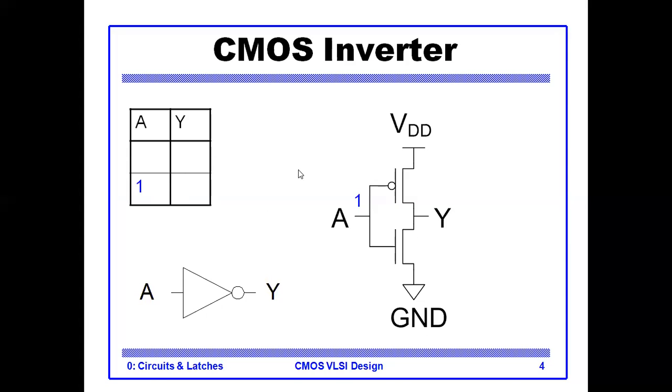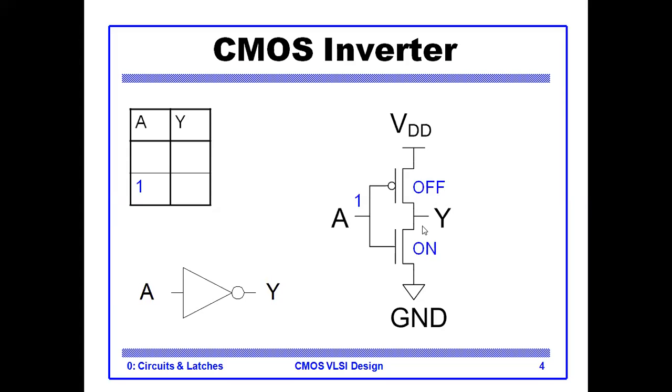Okay. When I'm applying 1 as the input to the CMOS inverter circuit, the NMOS transistor will go into the on condition, and the PMOS transistor is in the off condition. So we are applying a 1 to the CMOS inverter. What will happen? With 1 to the NMOS transistor, it will show the on state, and at the same time, when we are applying a 1 to the PMOS transistor, it will go into the off state.